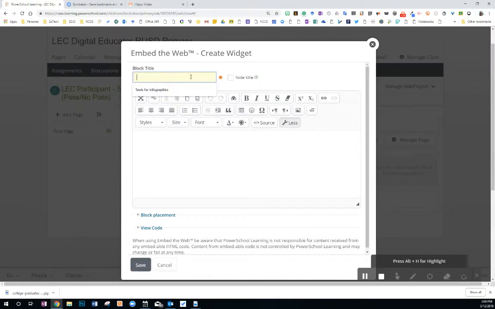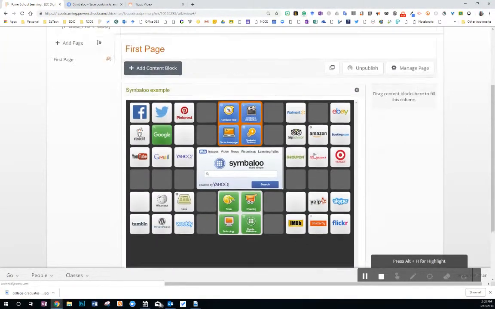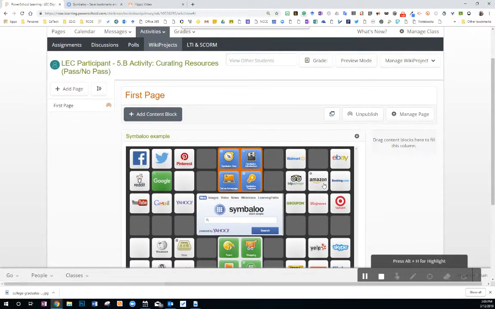I'll give my title and click save. And there I have that active item right there